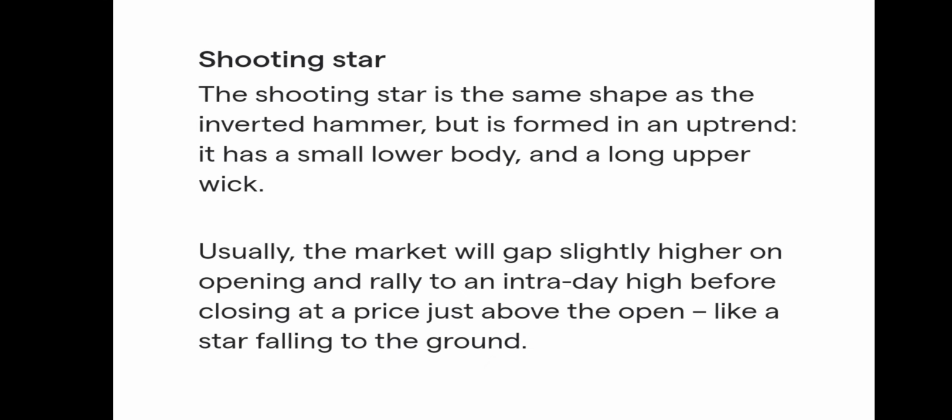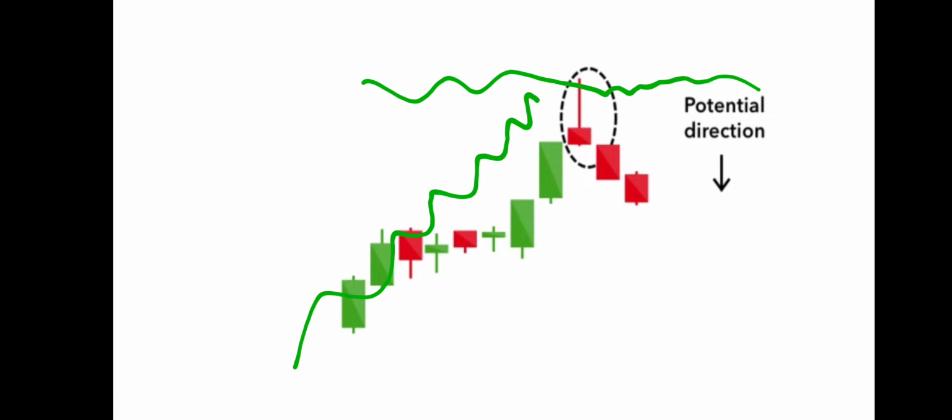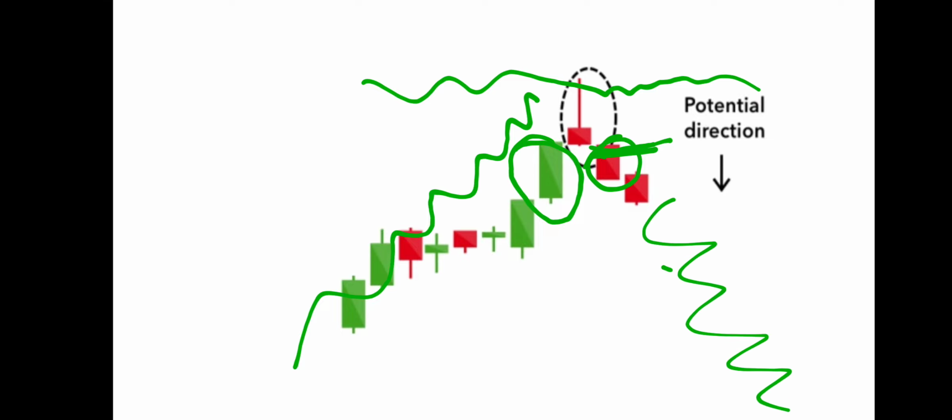Next candlestick is a shooting star. A shooting star is also similar to an inverted hammer, but the main difference is it forms after an uptrend or maybe near the resistance area. There is a strong bullish candle, and after the inverted hammer forms, another candle opens below the body of the inverted hammer. This is a confirmation and you can enter and you will get a huge profit. There is more downside in this trade.